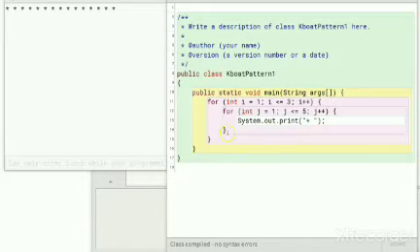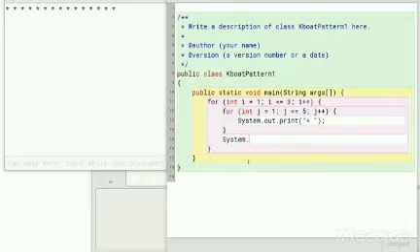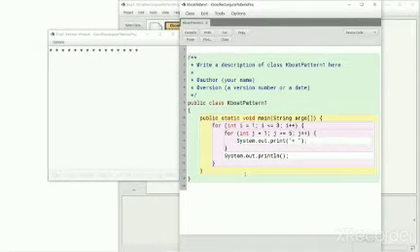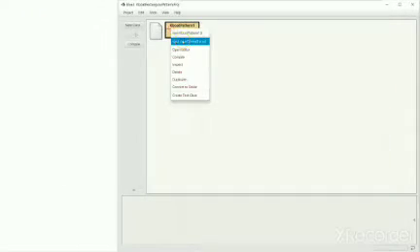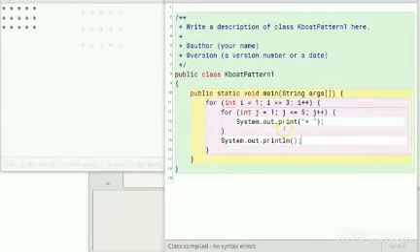So, if I write system.out.println after the inner loop but inside outer loop like this, then the rows should be separated with a new line. Note that I have written system.out.println and there is nothing inside the parenthesis, as I only want to print a new line and nothing else. Now let's run the program and hopefully our pattern should get printed correctly. And indeed, our program correctly outputs our pattern.